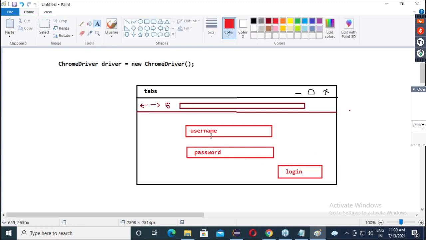Now guys, in this scenario, our exact communicator with this browser is the driver reference. If you notice, each and every method we get from driver only. So our communicator with that browser is the driver reference. Here, the first thing is we have to enter the application, and work with whatever you are able to see, like username, password, login button.